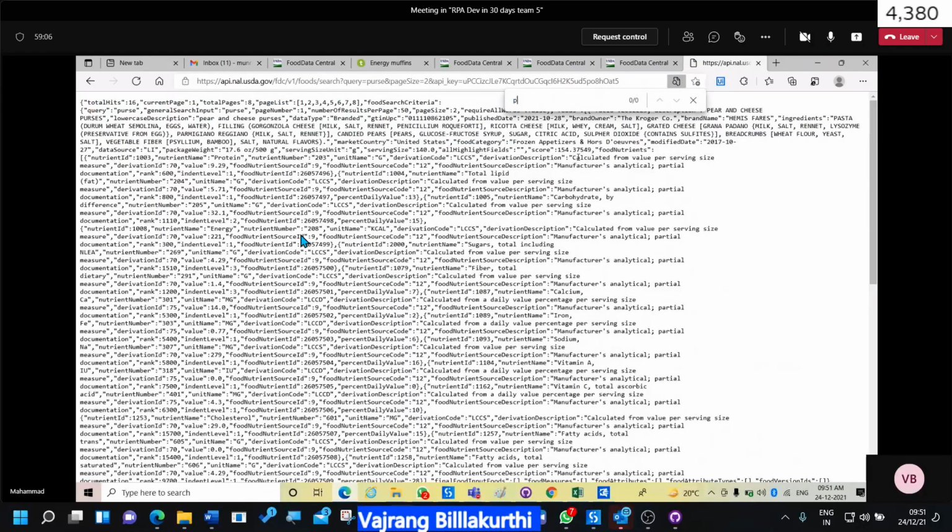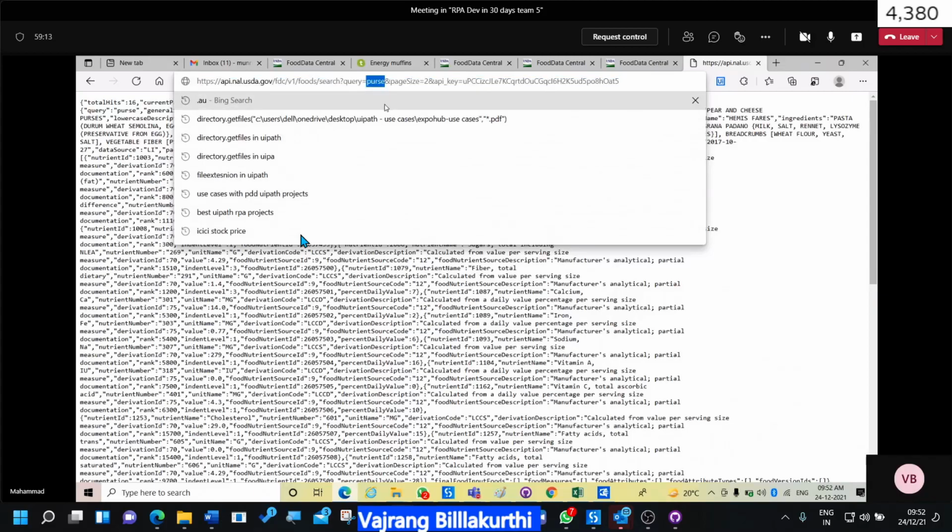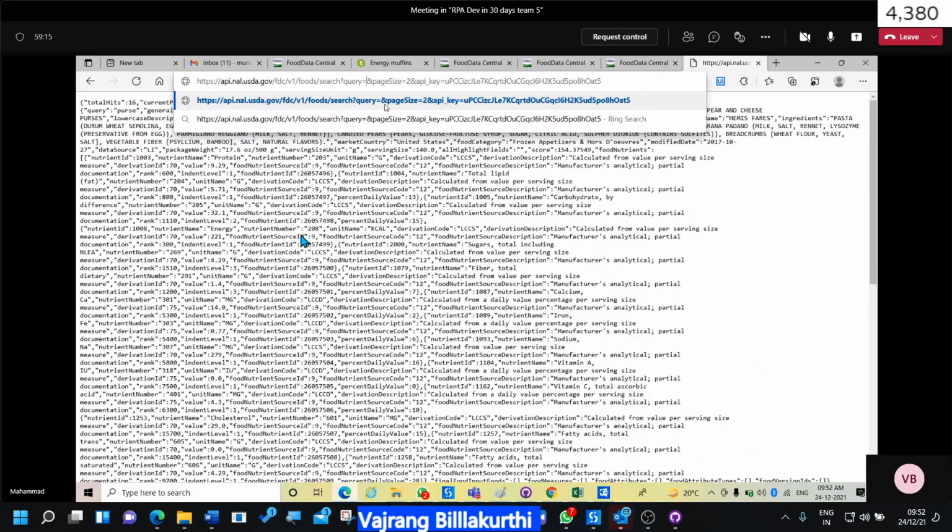Vajrang, in this JSON response, why do we have the details of other things like purse, slate when it is related to fruits only?